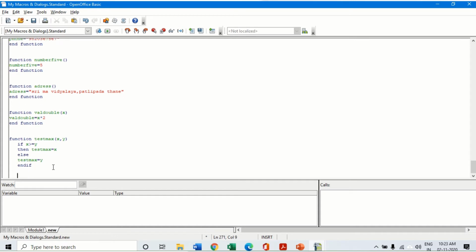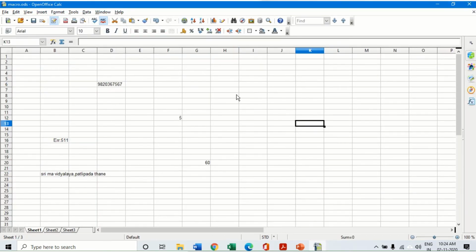End if. So this is the code for the entire test, and here I will write end if, because this if needs to be closed in programming. Always, if there is an if statement, it needs to be closed with an end if. So what does this do? It tests the two values x and y. If x is greater than or equal to y, then the function will return the value x, otherwise it will return the value y. And then I'm going to write end function.